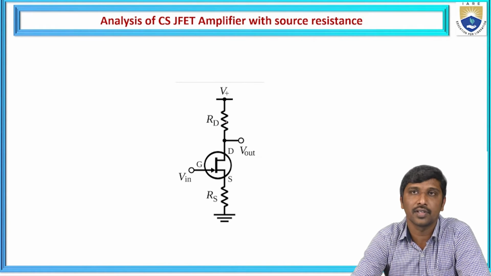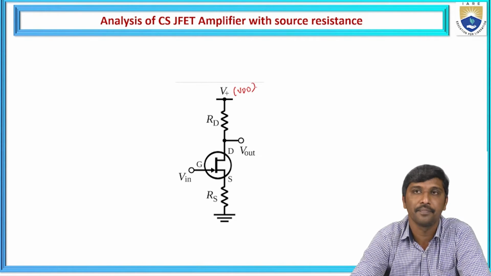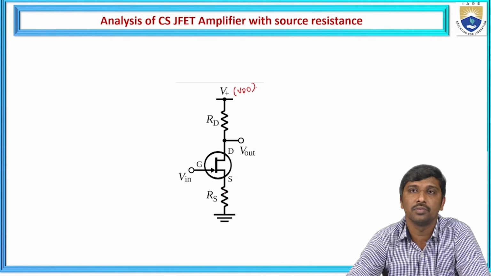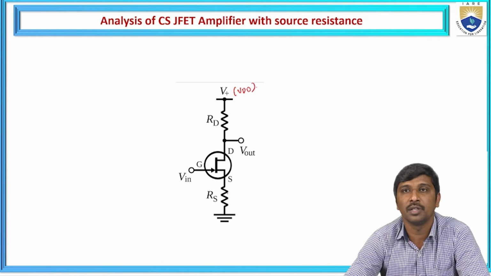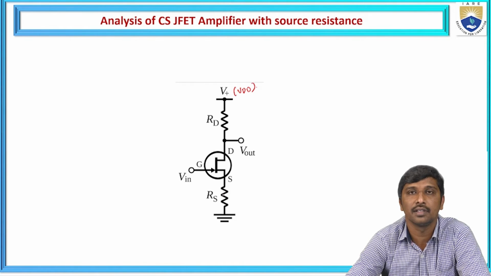The gate is the input side, and the drain is the output side. A load resistance, or drain resistance, is biased at the drain with the biasing voltage V plus, which is also taken as VDD. And a source resistance is connected to the source terminal. Now we need to analyze how the source resistance affects the voltage gain, input impedance, and output impedance. To analyze these, first we need to redraw the circuit as a small signal model for this common source amplifier